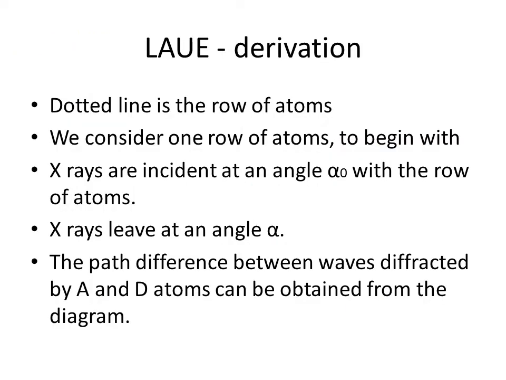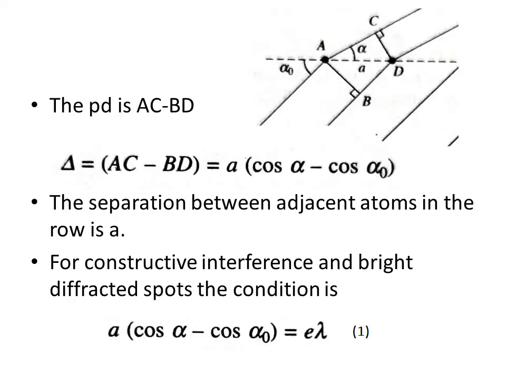So that is actually what is explained here. The total line in the previous diagram, it is the row of atoms. So you can just go through this and see, I have already explained. Now when you look at the path difference, as I told you earlier, it is AC minus BD, and I